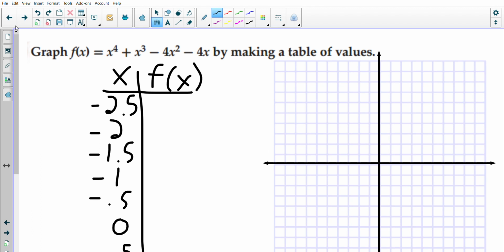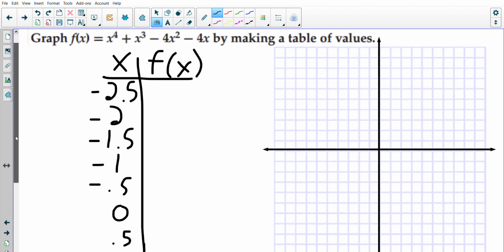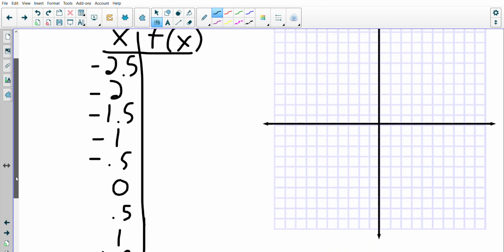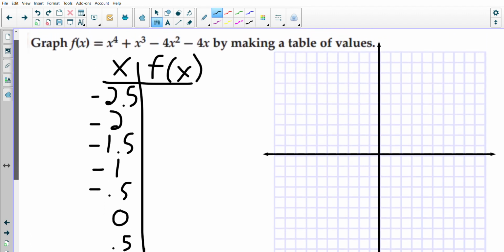All right, so there's a lot of numbers here, and you're going to see why, because as we go through this, something's going to trend and you're going to figure out why I did this. So I'm going to start by just working with the whole numbers: -2, -1, 0, and 1. Now all these numbers I have ready, but all of them can be found very quickly by using a